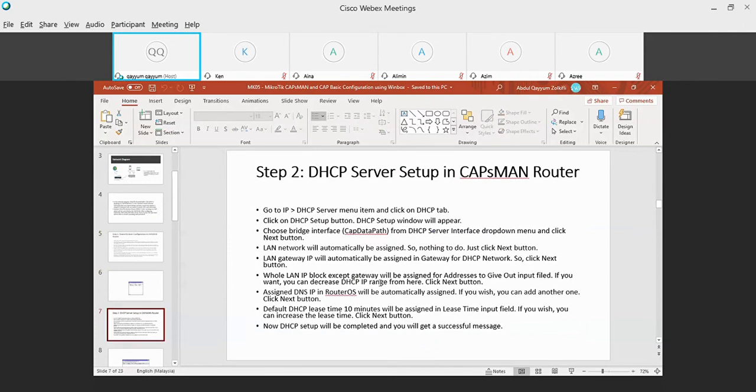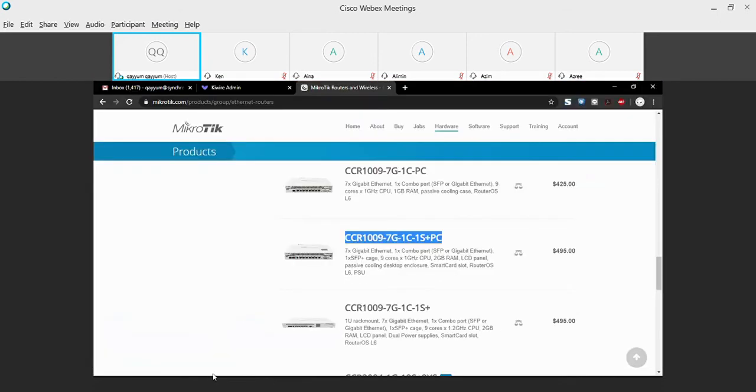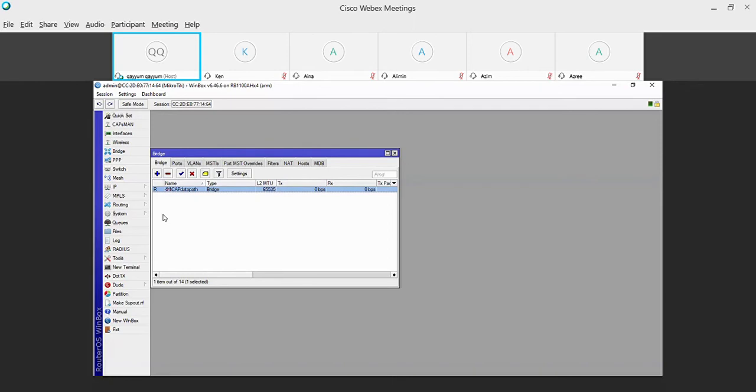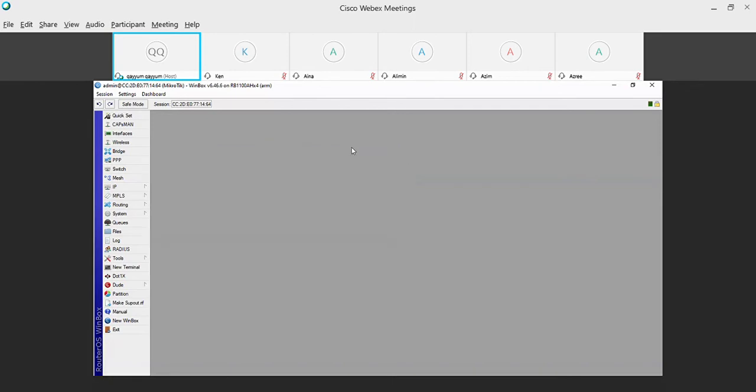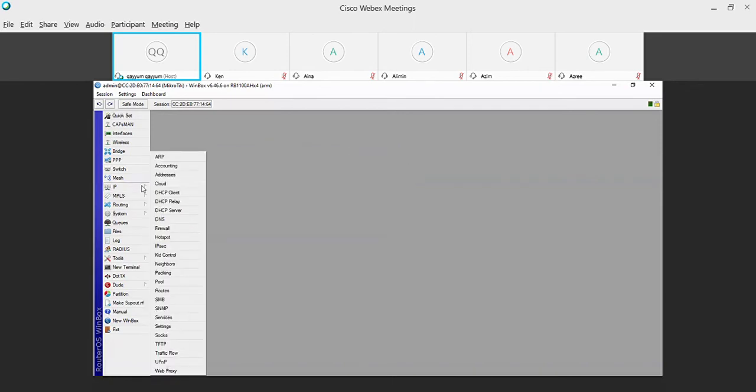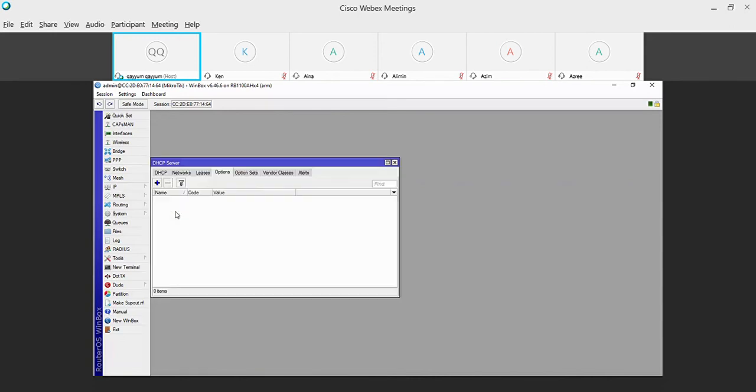Then you need to create a DHCP server so that when users connect to the AP, they will get an IP. So you go back to your MikroTik, go to IP, go to DHCP server.